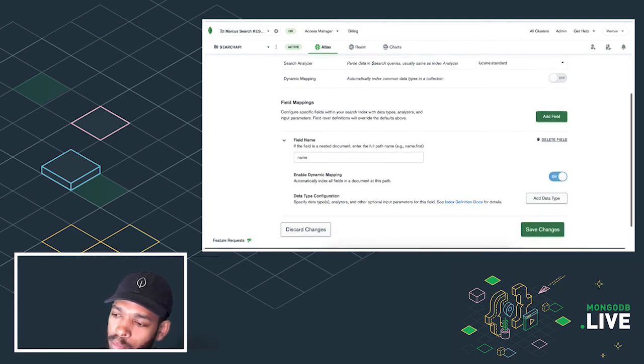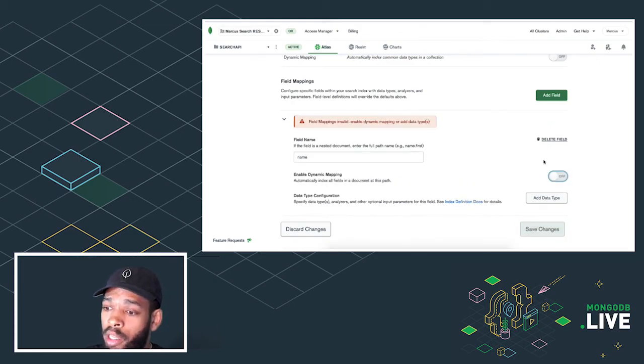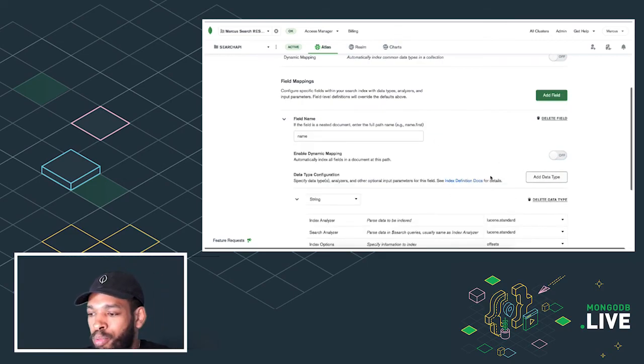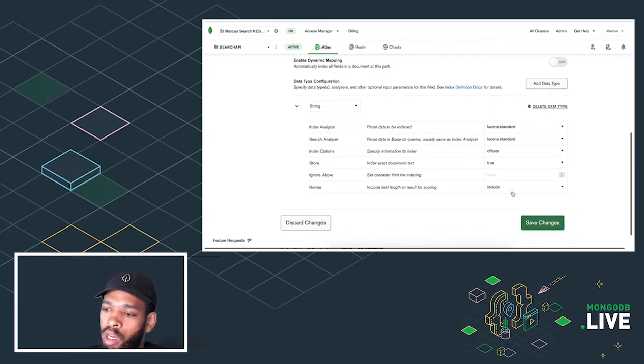So name. The visual editor will also guide you down the path of creating this index. Like if you select enable dynamic mapping, it'll say you need to add a type. So no problem. We'll leave this at standard. We won't make any changes here because the name could be in a few different languages. And we also want to ensure that store is true because we want to use the Lucene highlighter on the name field.